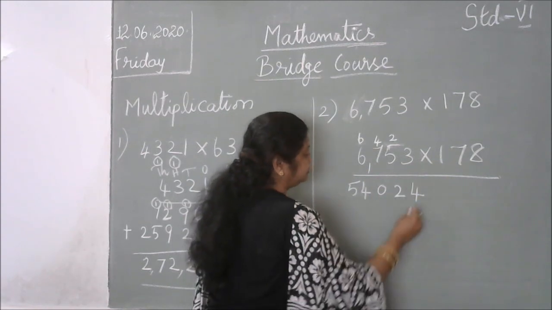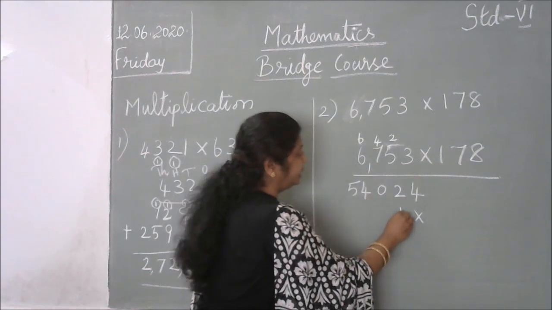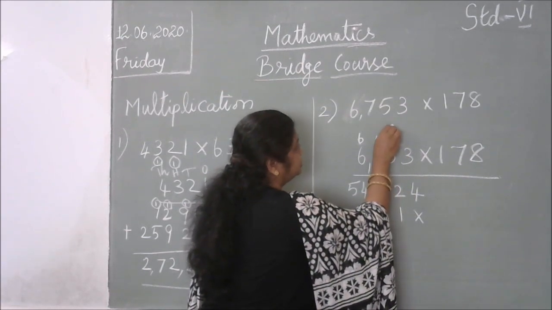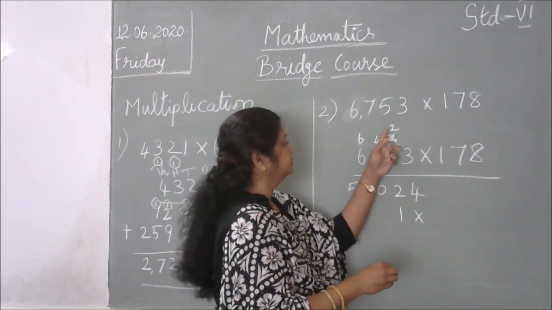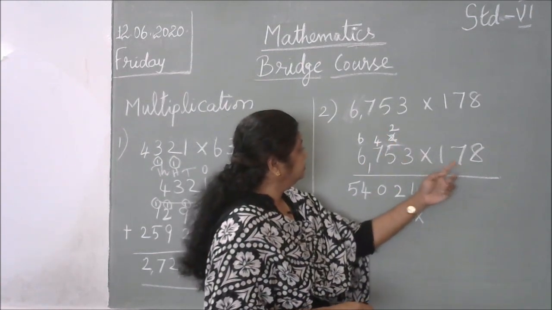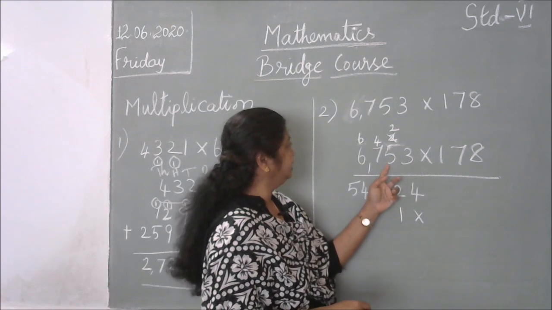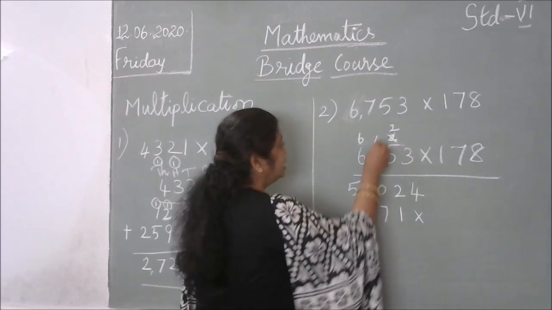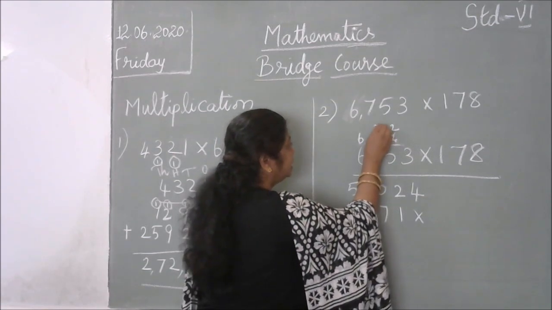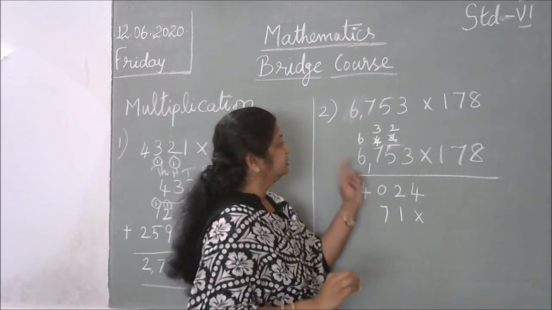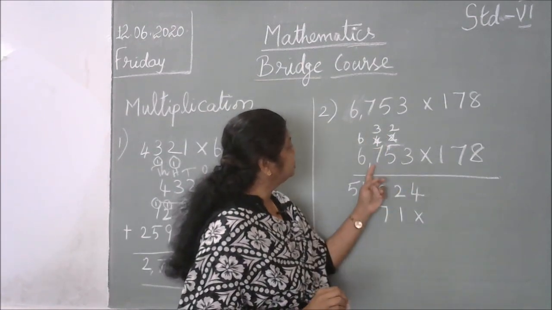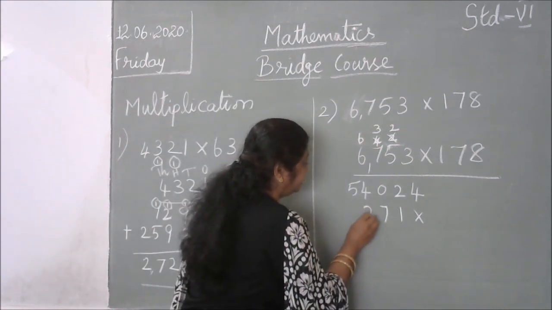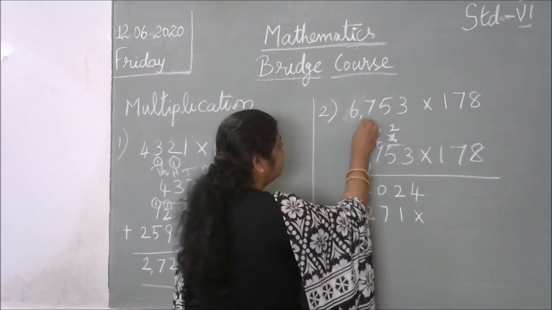7 3s are 21. 1 you should write it here, and 2 put the cross under this one, then you will get confused. 2 I am writing here. Okay. 7 5s are 35. 35 plus 2 is 37. So 7 you should write it here, and 3 put the cross on this number and write it over top of the 7. And 7 7s are 49. 49 plus 3 is 52. 52, 2 you should write here, and 5 you should write on top of this number.